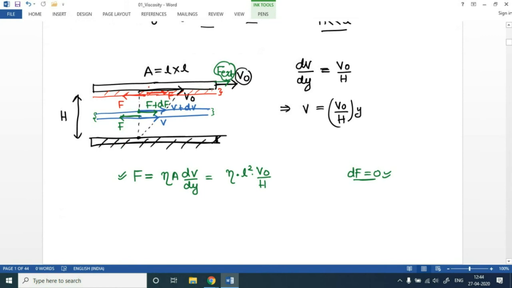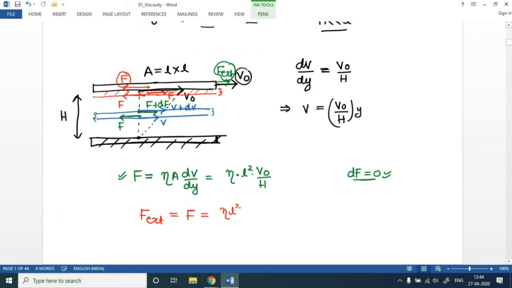So this layer of liquid will again exert an equal and opposite force on the plate, and that is going to be equal to F. And now you can see, since the plate is also moving with velocity v naught, and that is uniform, that means the net force acting on the plate also should be equal to 0. Now you see, F external is applied by an external agent, whereas this force F is applied by the liquid in contact. So obviously F external is going to be equal to F, and whose magnitude we have already found out,